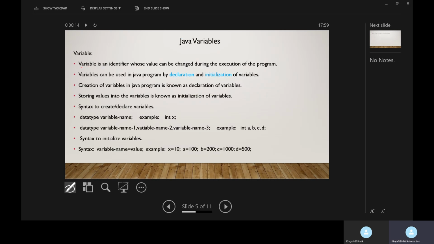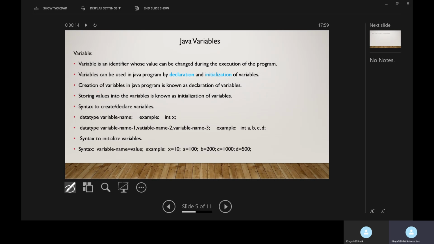Variables. As we discussed, a variable is an identifier whose value can be changed during the execution of the program. So variables can be used in a Java program by declaration and initialization of variables. Variables are used in two steps: one is declaring the variable, and after that initializing the variable.